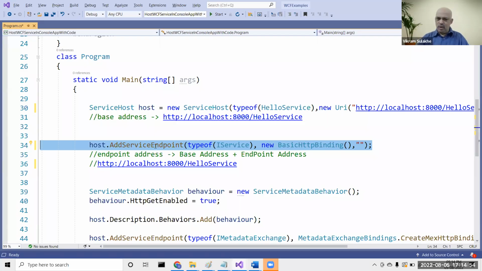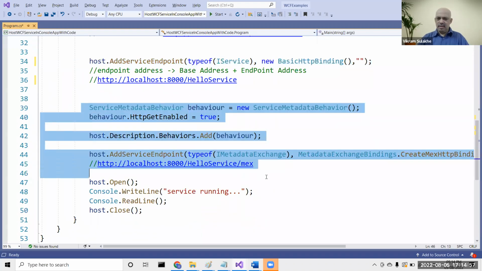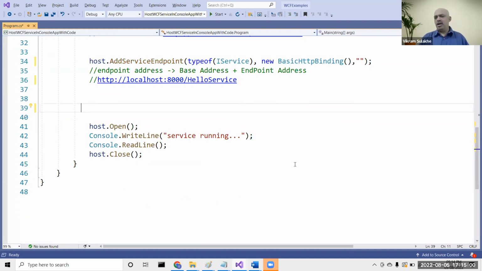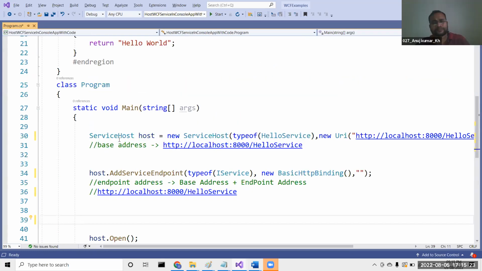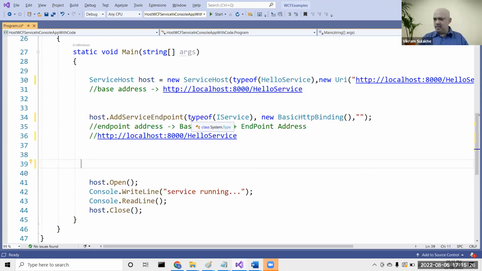Now, this code that we have written is good enough to run your service. So even if I don't write any of the other code, my service will run. How many endpoints is my service available at right now? Right now, available at how many endpoints? 1. So this is good enough to do that. So don't even look at the other code, and my service is up and running. So all this is simple: create a host, add an endpoint, and open the host. McDonald's now open, shutters are open. Okay. Now,